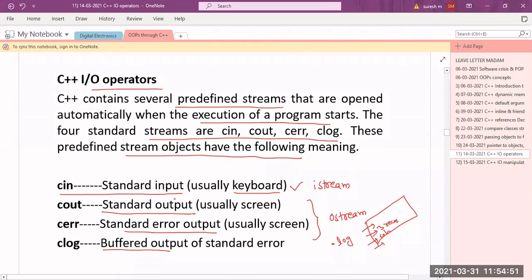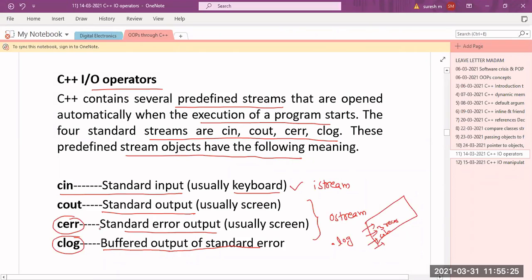Similarly, in C++, when you perform input/output operations, to record how they happen we have a special file called clog. The difference between cerr and clog: both are used to monitor the errors. When interacting with files, whether any errors are there, if I want to report the errors manually without storing them onto the buffer, then I will use cerr.